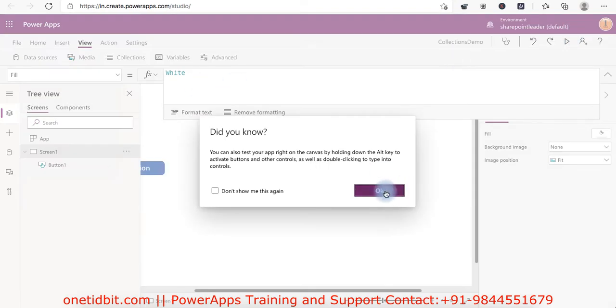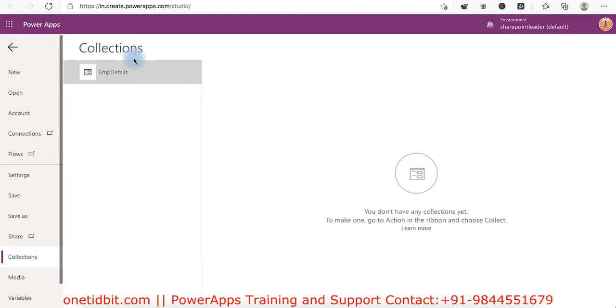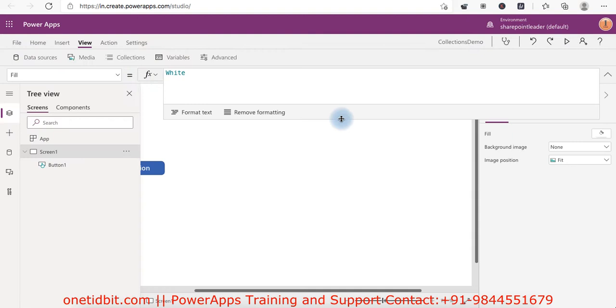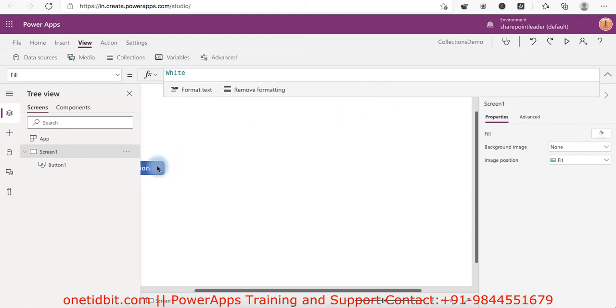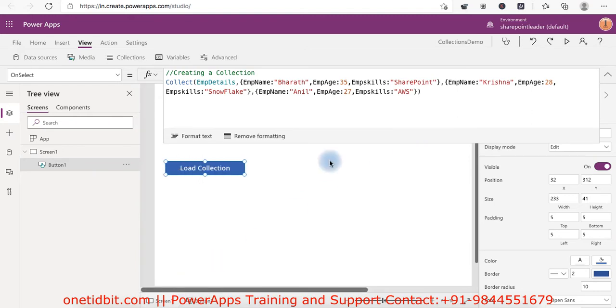and come here and go to the menu view and come to collections, and you can see again the data added, Krishna and Anil, all this data added. Now there are three records here, with the column names, employee name, skills, and employee age. Okay, now so what shall we do now is